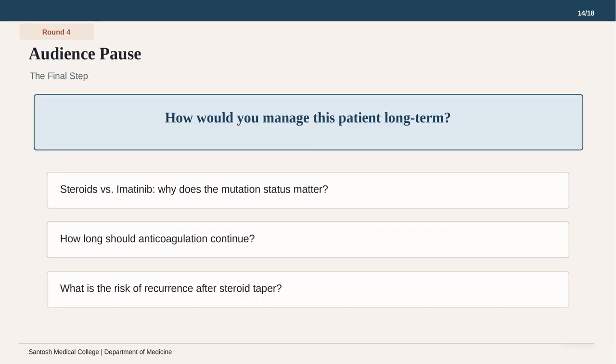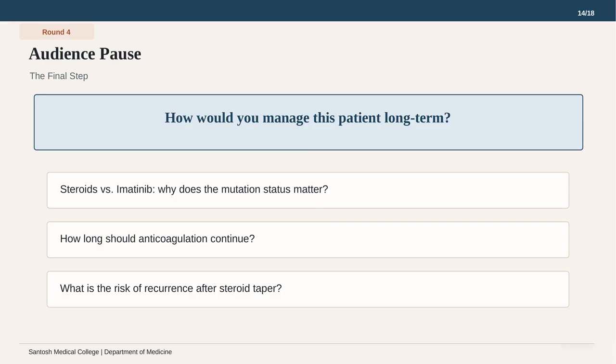Notice the main question on the screen asking how you would manage this patient long-term. The 3 white boxes below highlight the specific therapeutic decisions we now face. First, you must weigh steroids versus imatinib and understand exactly why the negative mutation status we just saw dictates this